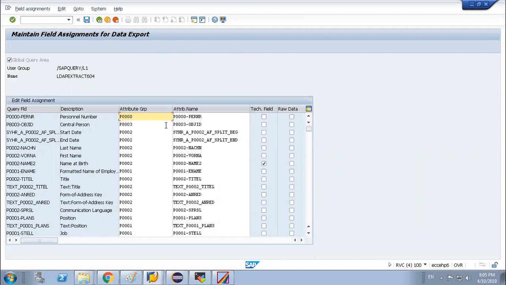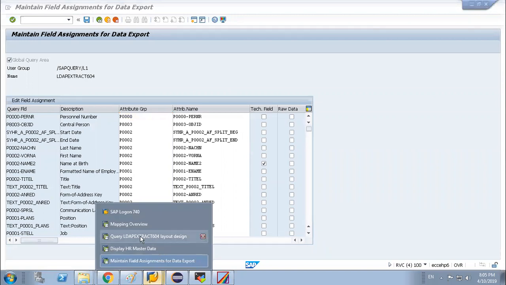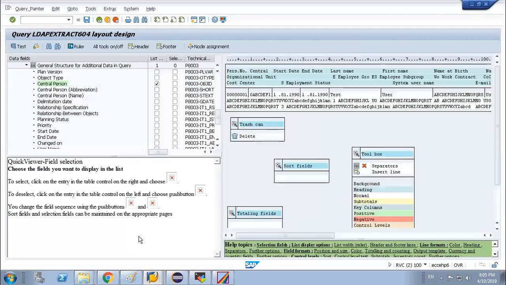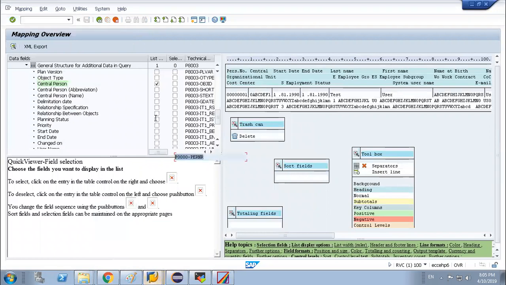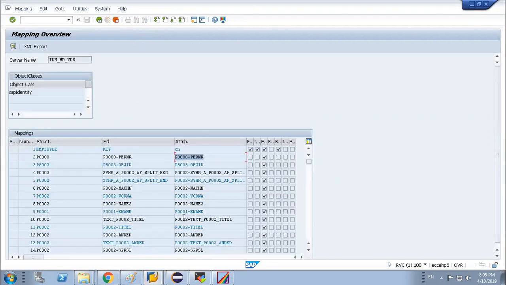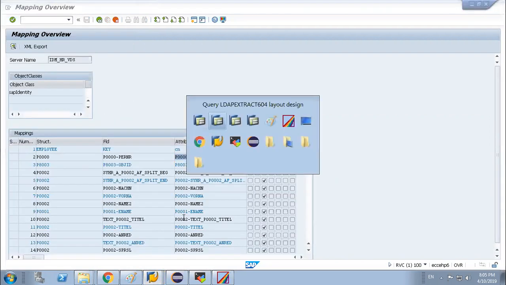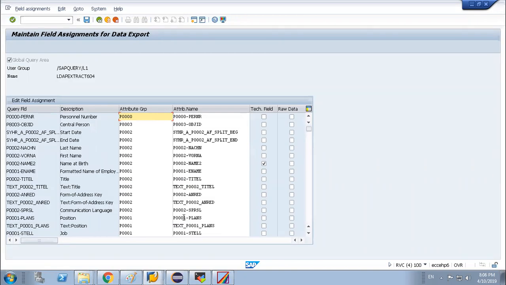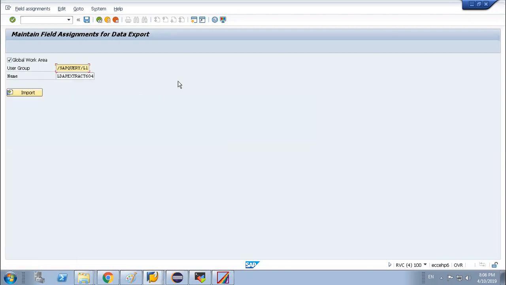The corresponding right-hand side information we will be putting from the mapping field. If you go to the mapping field, this is the mapping field. Correct? Yeah, got it. Once you update, you can save this information and go back.